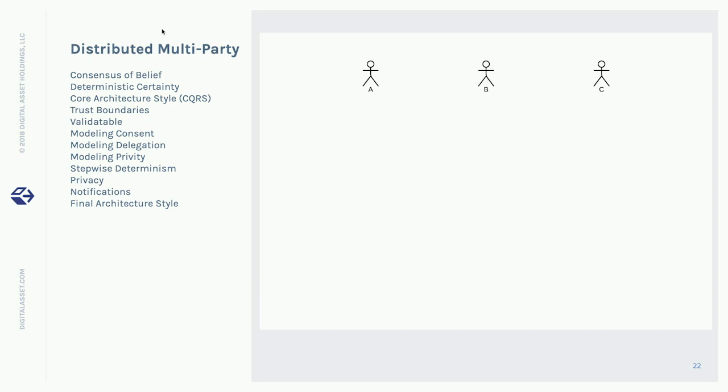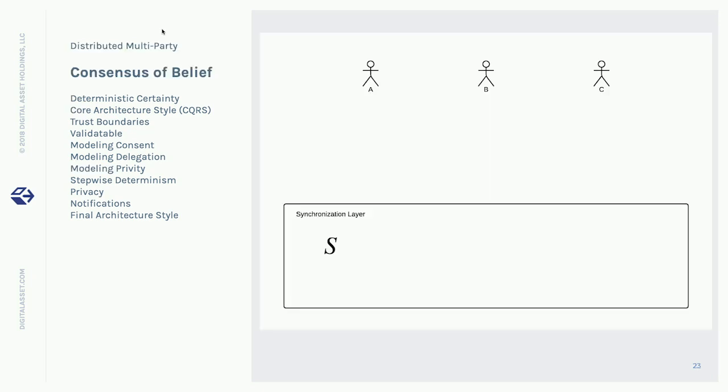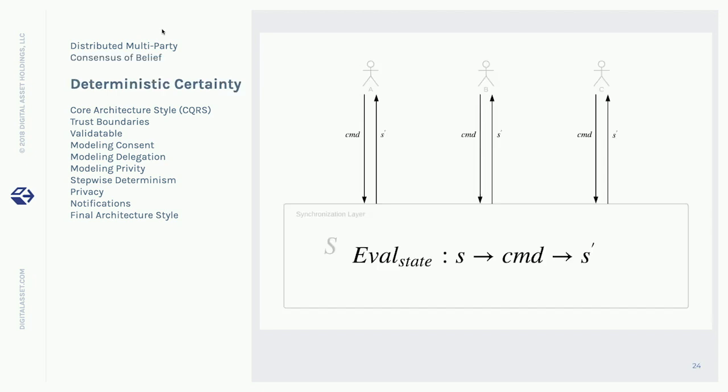So we have a distributed multi-party system. We have some sort of shared state, or at least some shared understanding of state. We have to be deterministic, which means we have to have a shared function that defines what a valid evolution or change to that state would be. This is what makes it particularly appropriate for a functional programming conference, because this is a pure function of state and command.